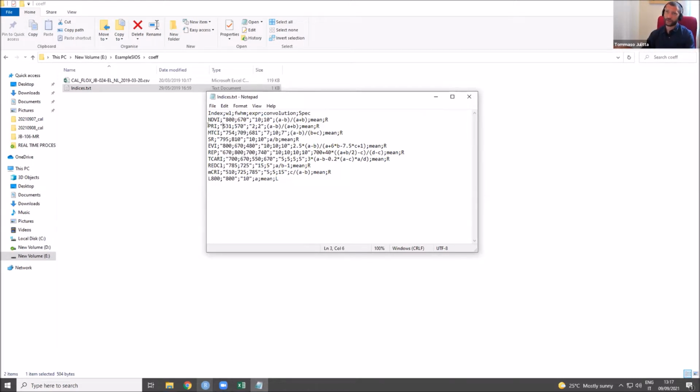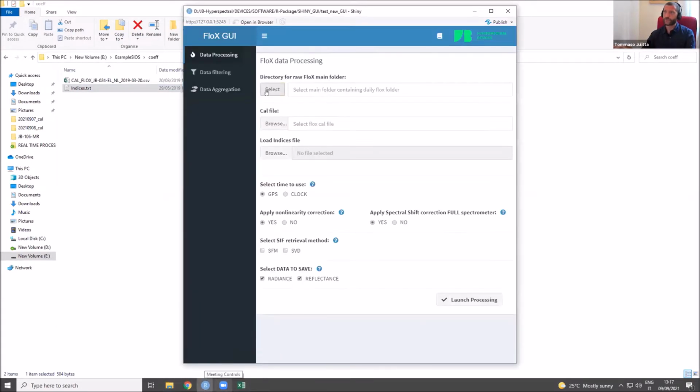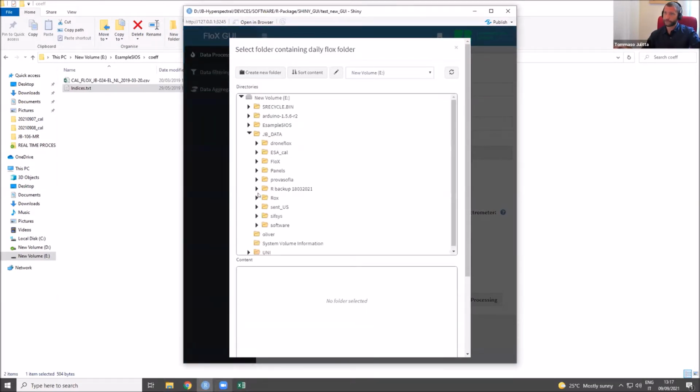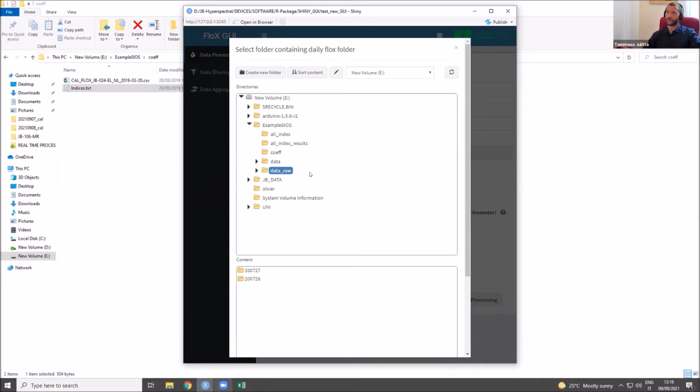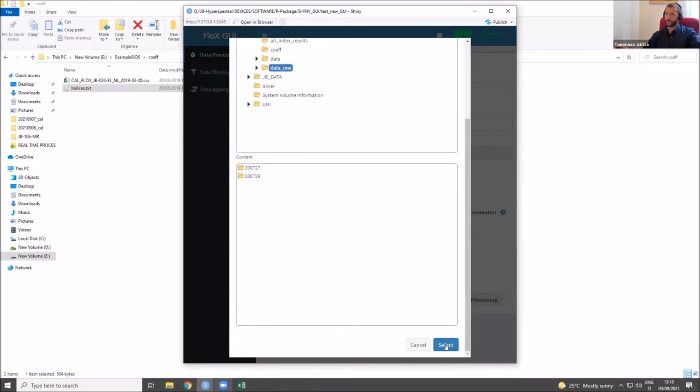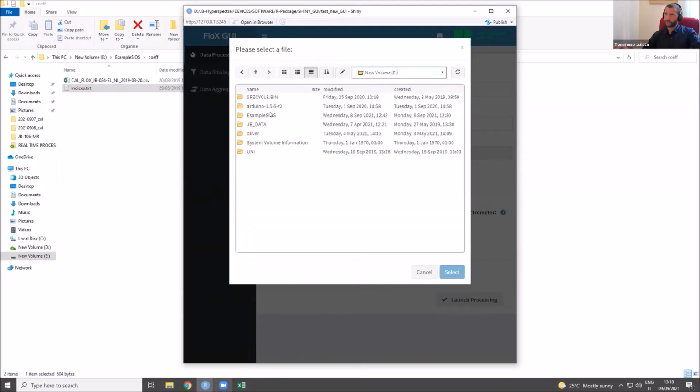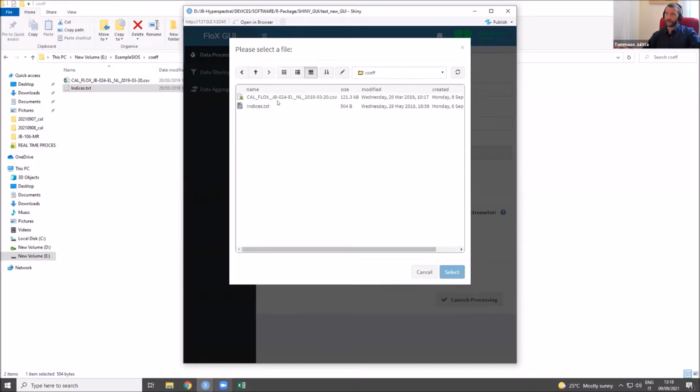So basically here, everyone can specify the vegetation indices they want to calculate, and just give this file into the processing chain. If, for example, we specify the example SIOS, here we can specify the data folder. I'm just selecting this one from today because it can take a while, a few minutes, but still for the purpose of the presentation is maybe too much. And here we specify the calibration file